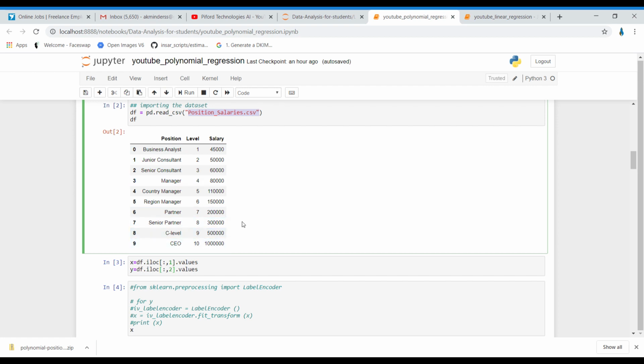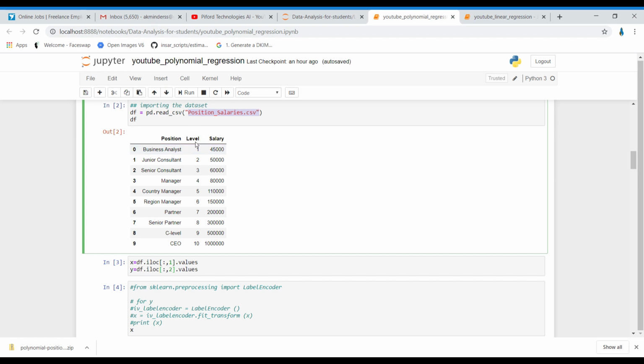First of all, we need to divide our data into x and y. So I've divided my data into x and y, and what we are trying to do over here is, on the basis of position, find the salary of a person. This is what we want to predict. Salary is the dependent variable which we want to find, and on the basis of position, and level is the label encoded form of position.